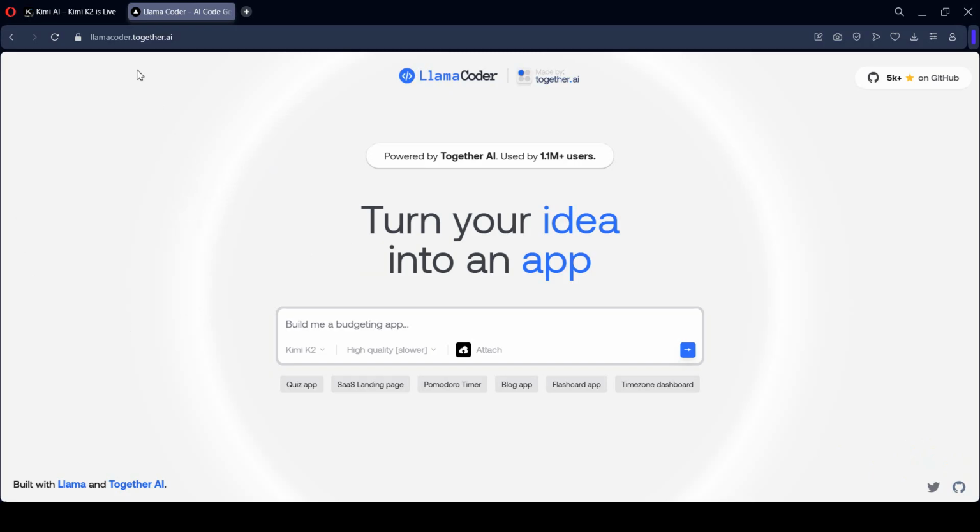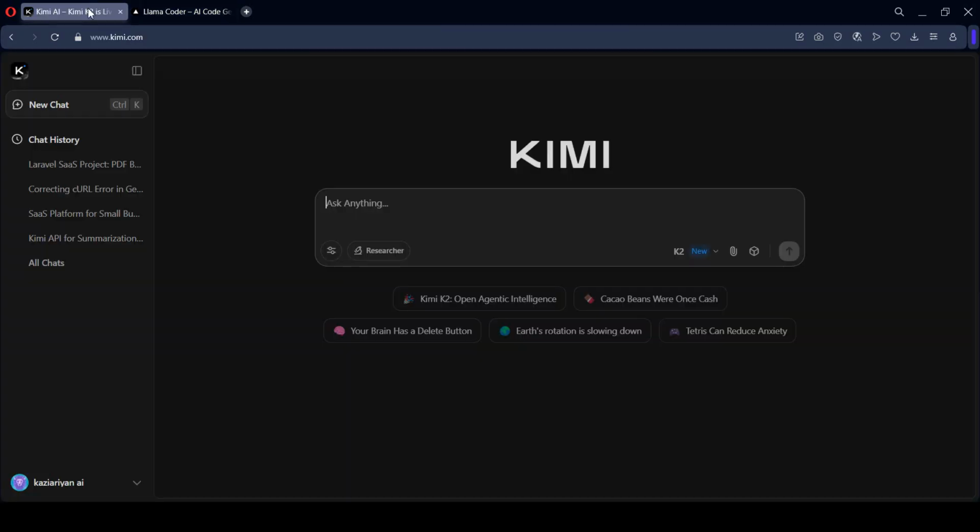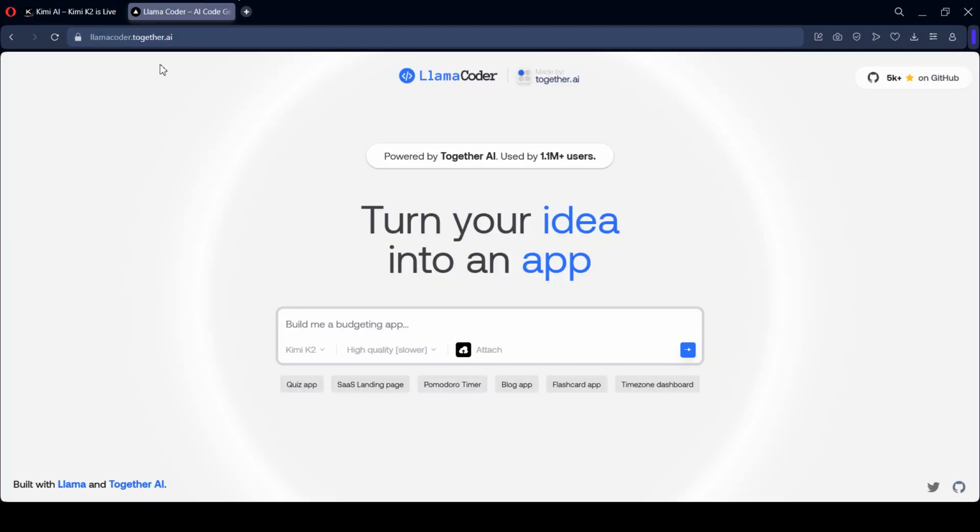So for now I want to use Kimi 2 as the LLM. If you want to use Qwen 3, that is also another LLM. If you want to use DeepSeek V3, you can use it rather than Llama. So there is competition everywhere, but I want to choose Kimi 2, the Kimi 2 official website. Here you can also create it on platforms like Lambda coder and together.ai. Every link I will share in your description area. So now I want to select Kimi 2, and first of all